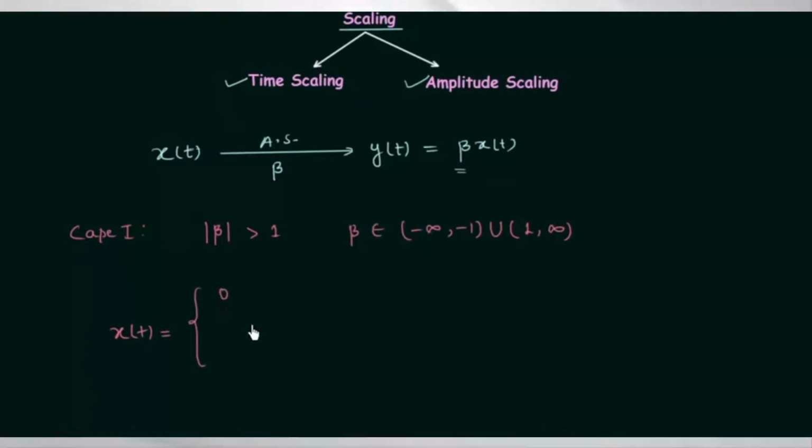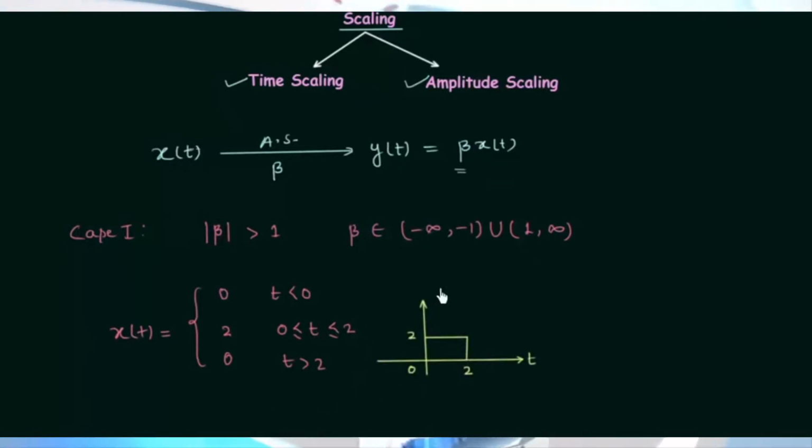It is equal to 0 when time t is less than 0. It is equal to 2 when time t is less than or equal to 2, and when time t is greater than or equal to 0. It is 0 when time t is greater than 2. So this is how the original signal x(t) is defined, and now I will plot the original signal depending on this information. This is how the waveform of the original signal x(t) will look,